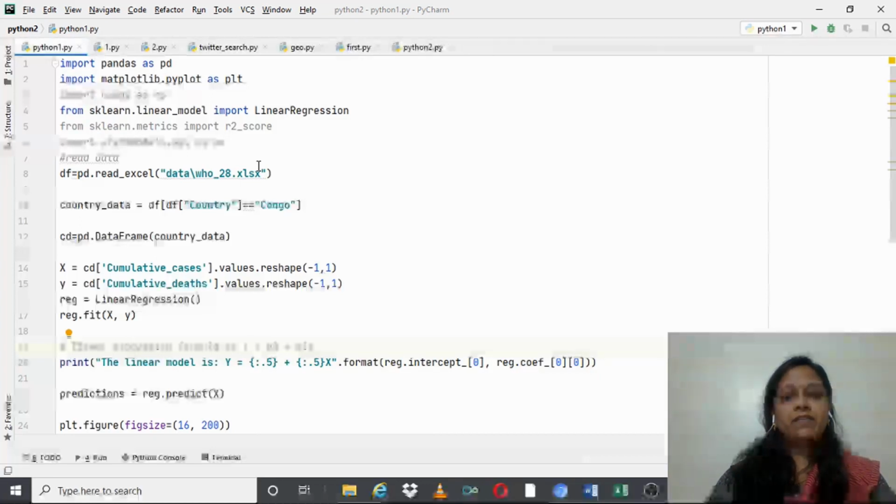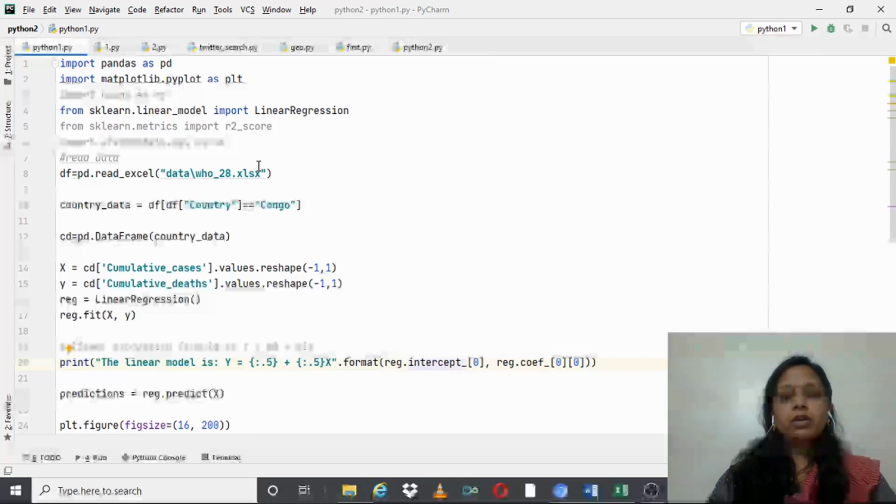For example, on the y-axis, I am going to plot the number of deaths. The number of deaths is dependent upon the number of confirmed cases. The number of confirmed cases here is an independent value, whereas the number of deaths depends upon the number of cases. So I'm going to apply a linear model where, to obtain y, I'm going to take the b0 object and then the b1 object multiplied by x.